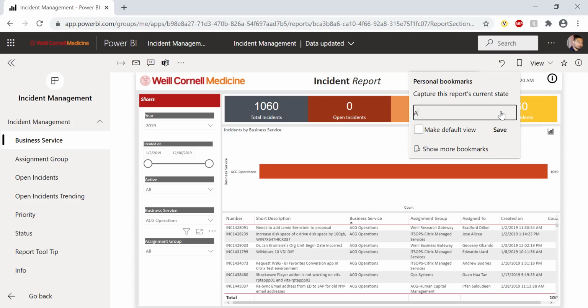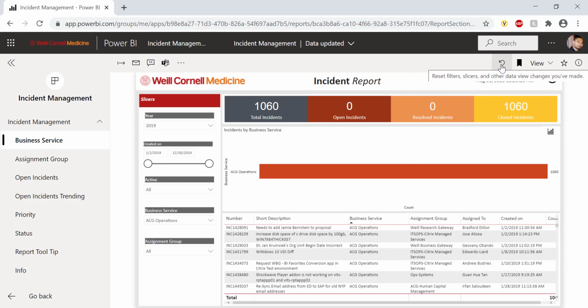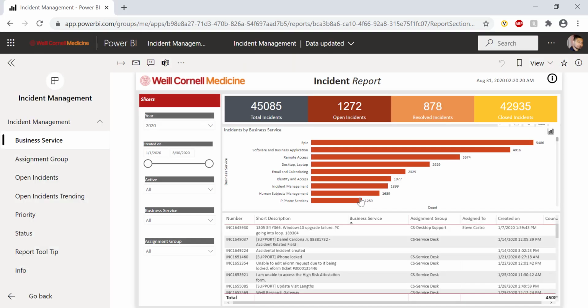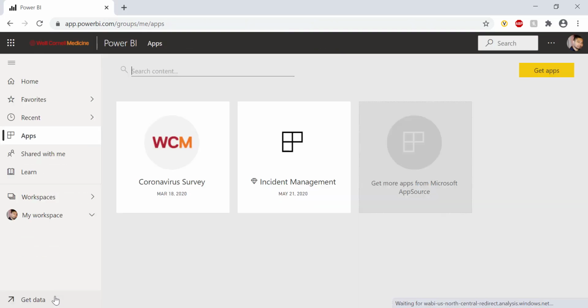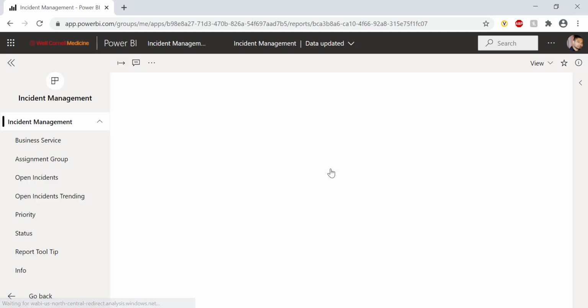We'll rename the bookmark to ACG Operations 2019 so that we know what this specific bookmark is for. Now, we'll reset the dashboard by clicking here, then click Reset and we'll go back. Anytime you leave the dashboard or the entire site, when you come back, your bookmark will still be saved inside